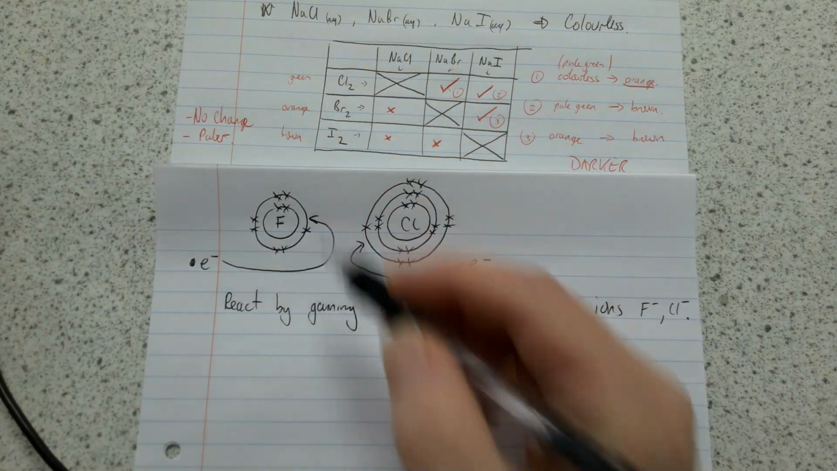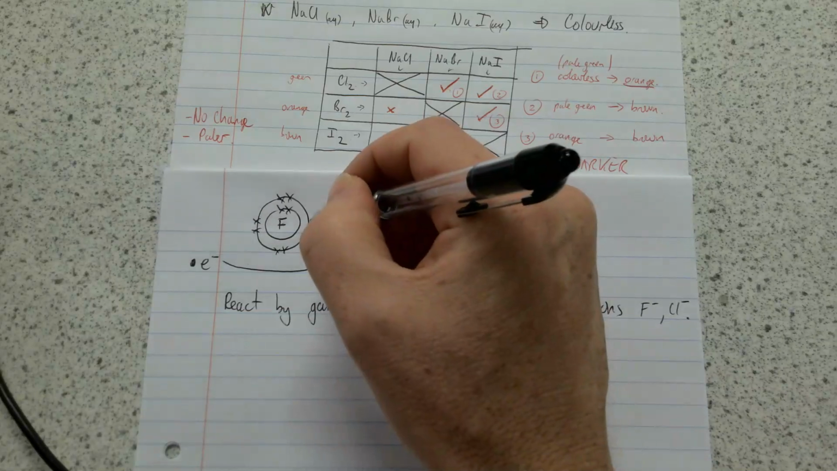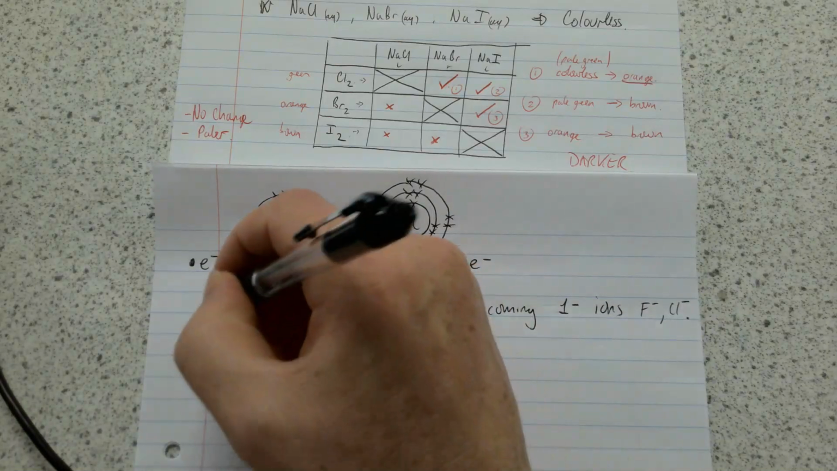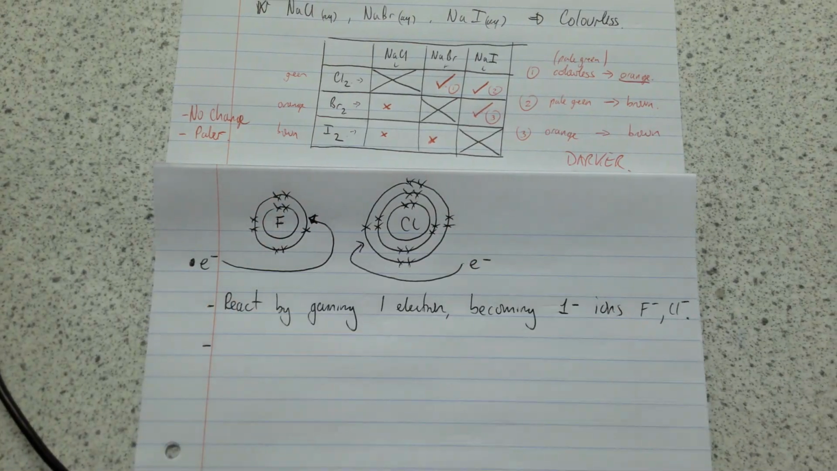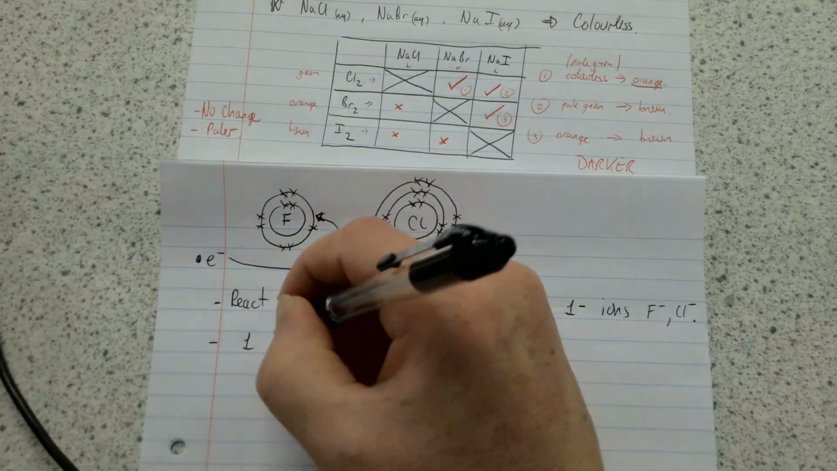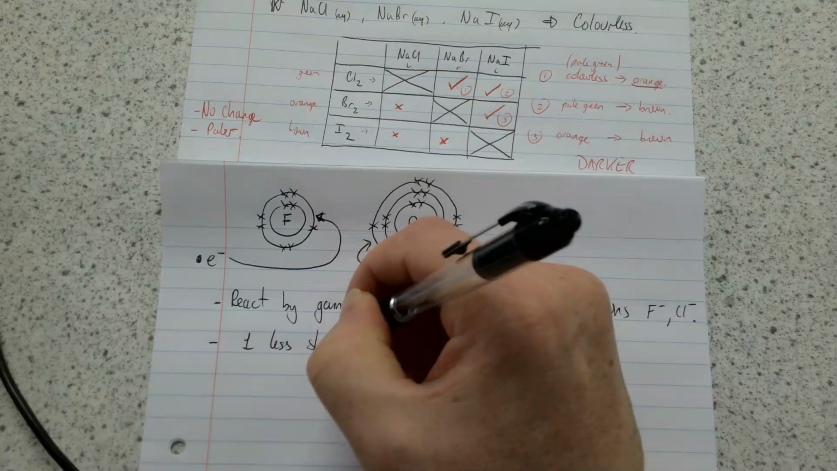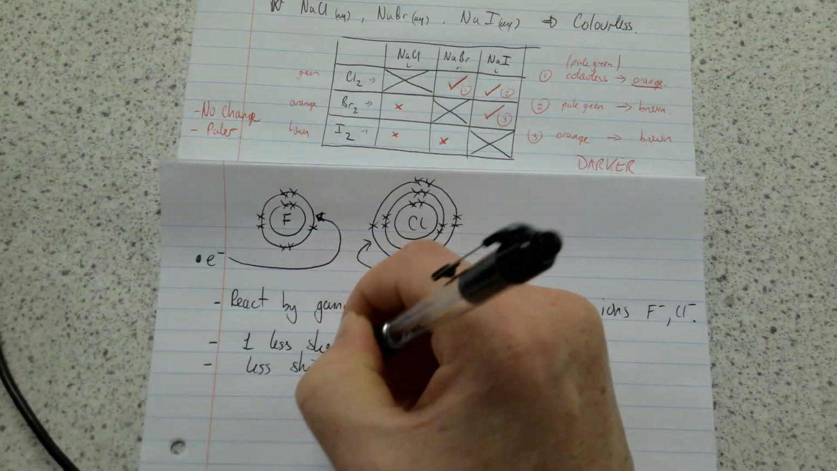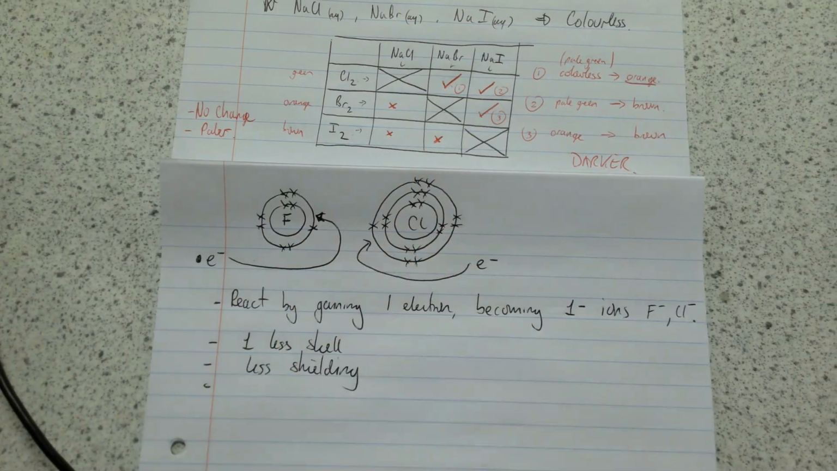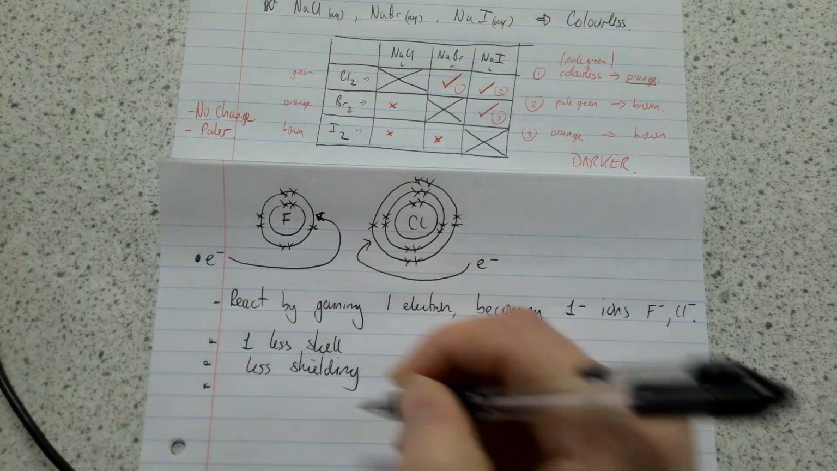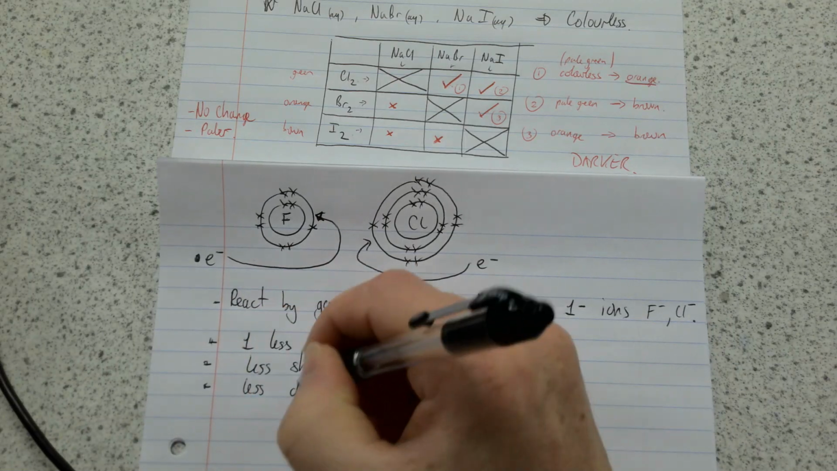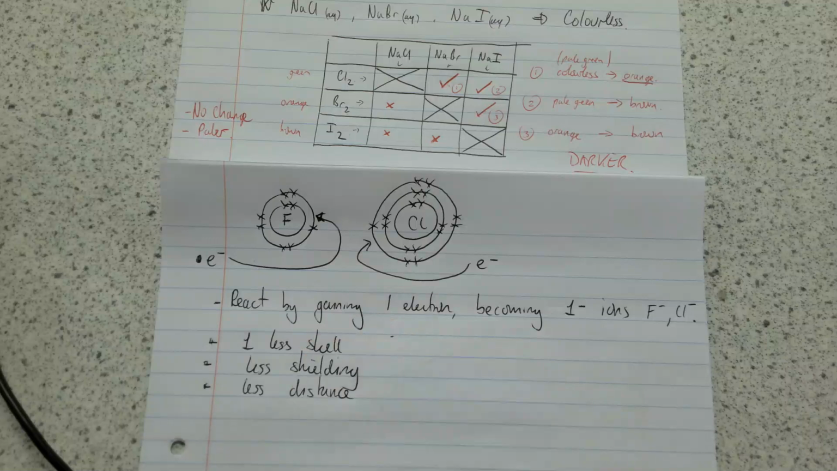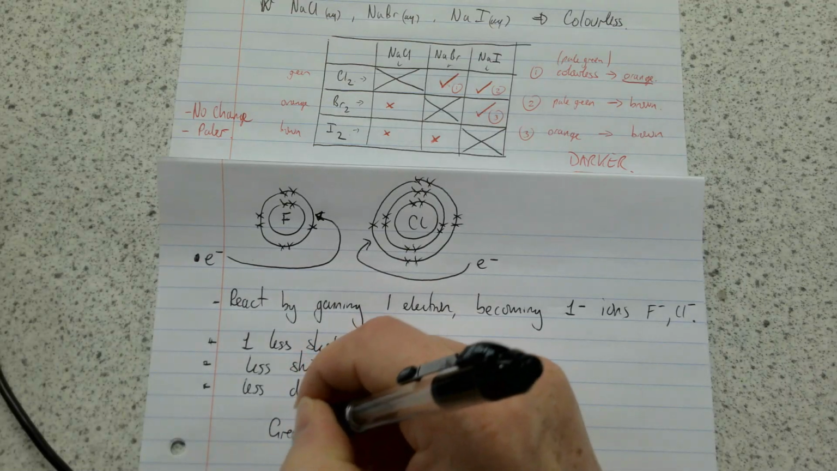So the answer, we know fluorine's more reactive, so for some reason fluorine is more attractive to that electron. The answer is the same arguments as we made last time for the alkali metals, but the other way around. So there's 1 less shell, which means there's less shielding, just as we were doing at the start of the lesson, and then there's also less distance between the incoming electron and the nucleus. So greater attraction, we say,